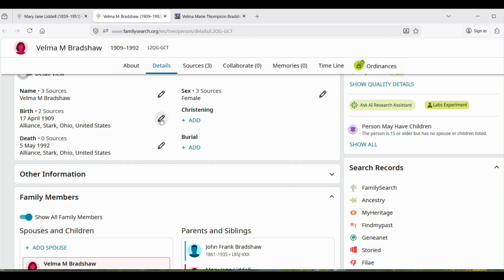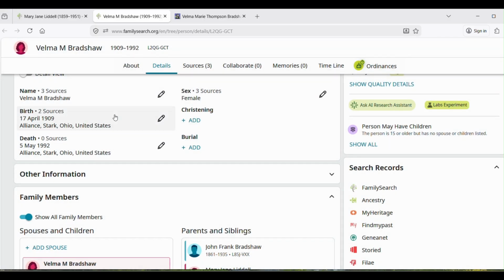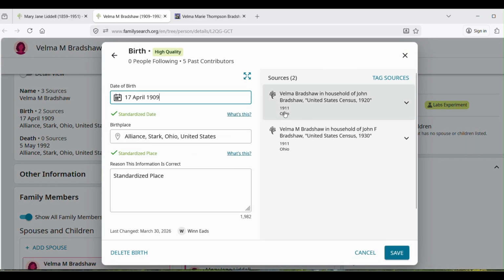So I came over here, and there is nothing that says that date. Whoever was here before me just put in that date, both the birth and the death, and it messed everything up. So I'm going to come in here and change it to the only thing that's written, which is 1911.